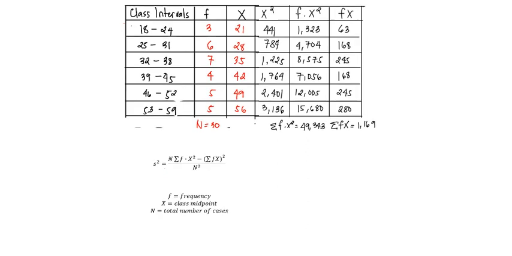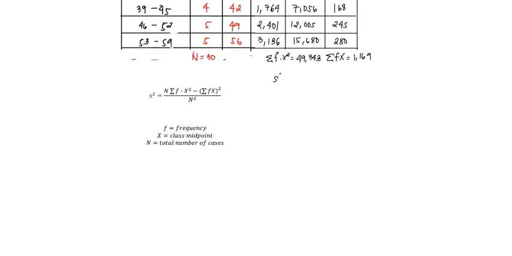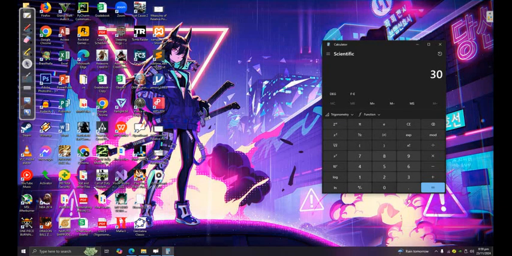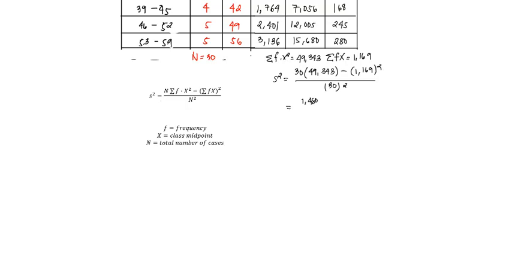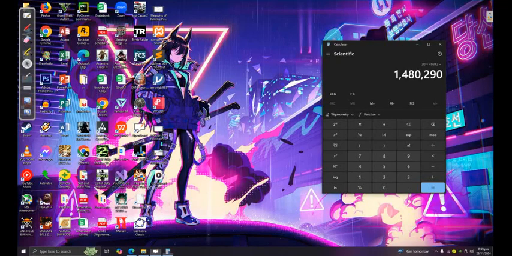And then we can now substitute the values that are needed in order to find our variance. So n will be 30 times the summation of fx squared, which is 49,343, minus our summation of fx, which is 1,169 squared, divided by n squared, which is 30 squared. Now, we just simplify these values. 30 times 49,343 is 1,480,290, minus 1,169 squared,